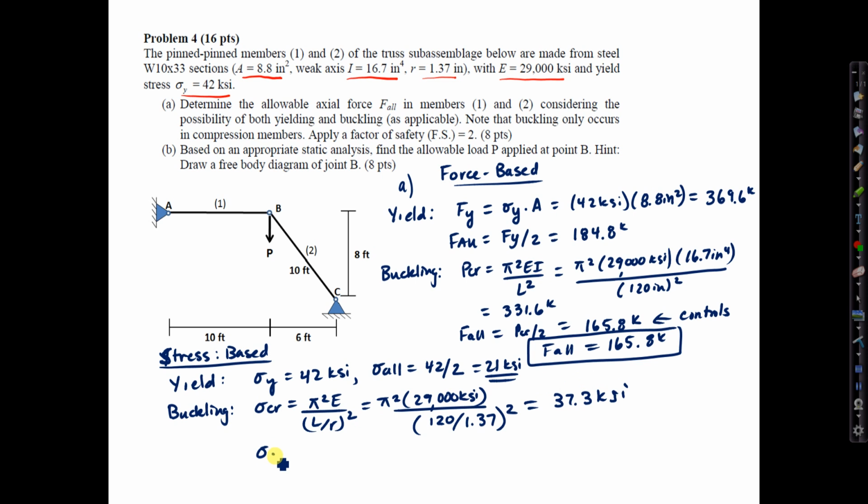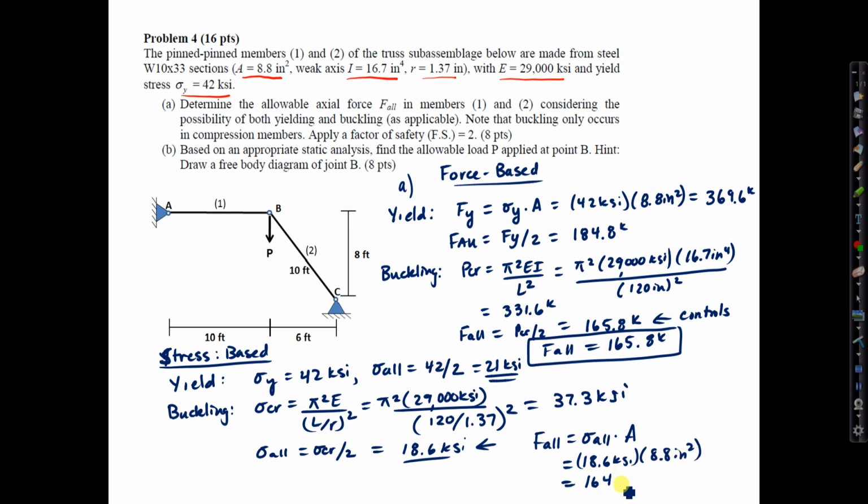The allowable stress based on that, sigma crit over 2, would be 18.6 KSI. Again, the smaller value controls, that's going to be this guy right here. To answer the problem, though, we need to convert this to a force. F allowable equals sigma allowable times A equals 18.6 KSI times the area 8.8 inches squared, and those numbers give